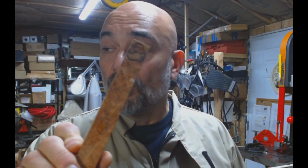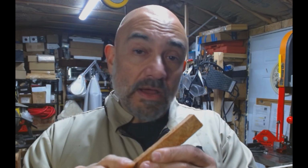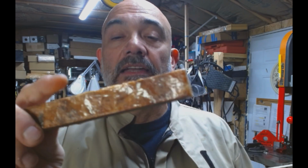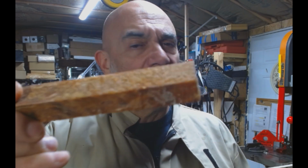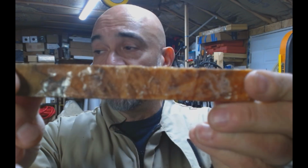chose mango wood. You can see it has some real nice grain in it. This piece of wood, I used acrylic, put into a pressure chamber to have the acrylic saturate the wood, and then baked it in my shop toaster oven for, if I recall, about 2 hours. Let it cure, and that's why you'll see some parts of it are a little shiny. That's just the outside, the acrylic. So first step, we're going to prepare it for the Cigar Pen Kit, and we'll just go do that right